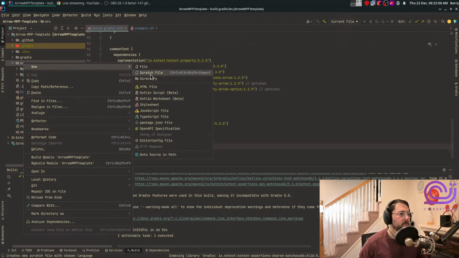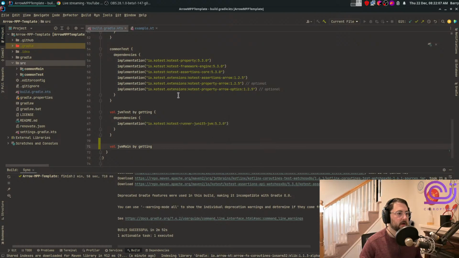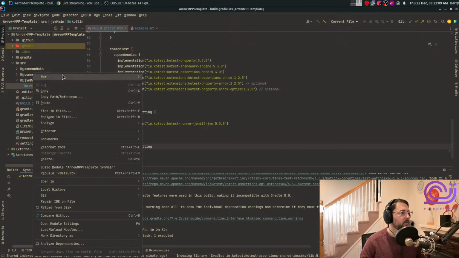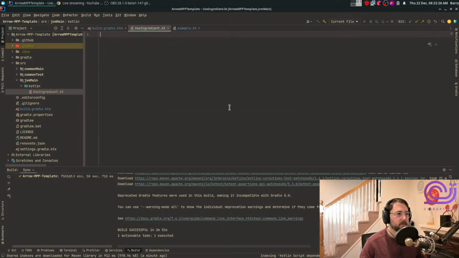So I think we do a new directory called jvmMain kotlin, and then we'll add a Kotlin class that's called, like, use ingredient. I don't know what to call it. And then this is just going to use our optic from